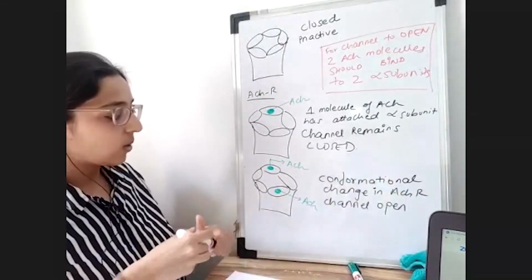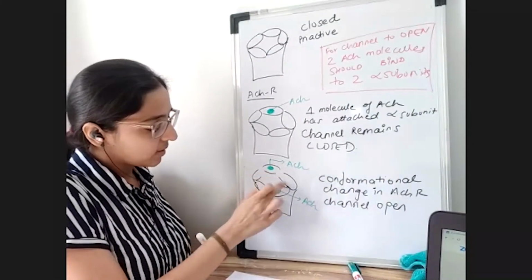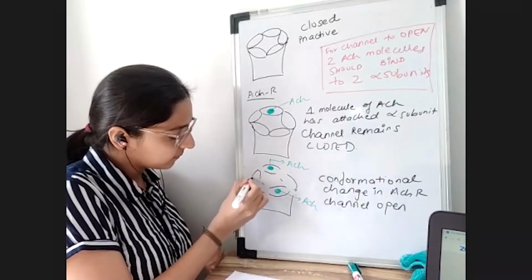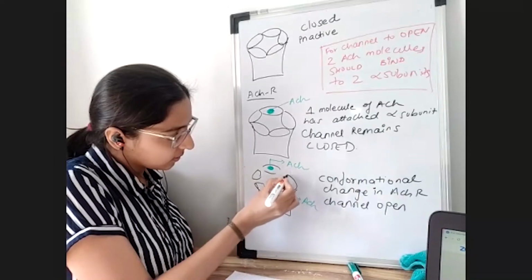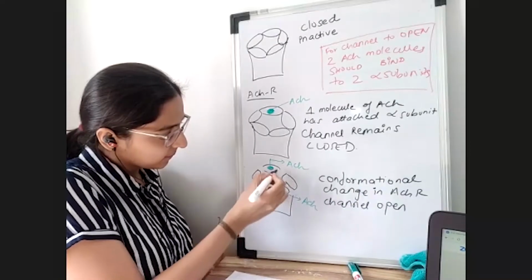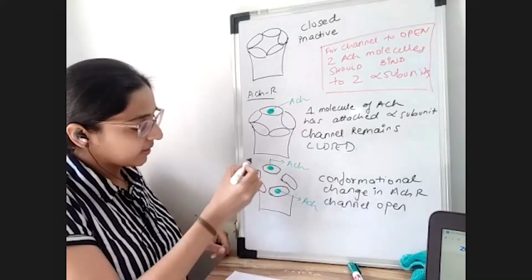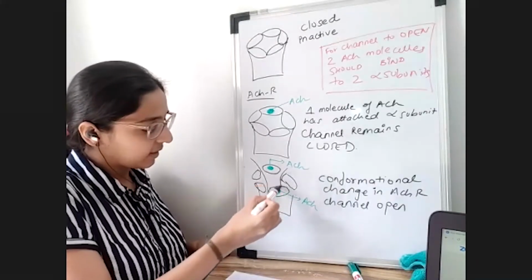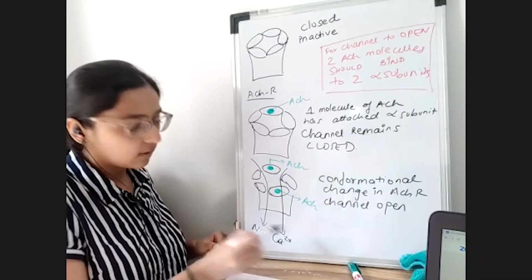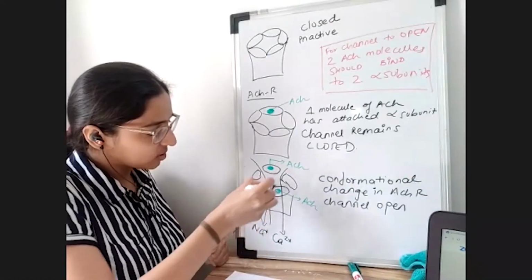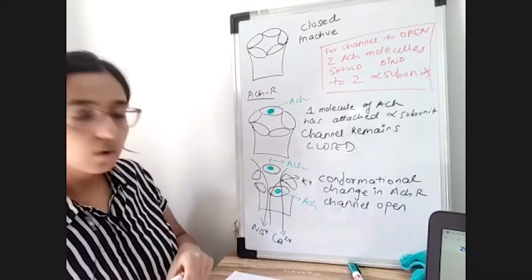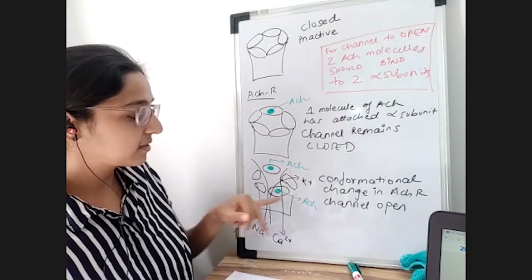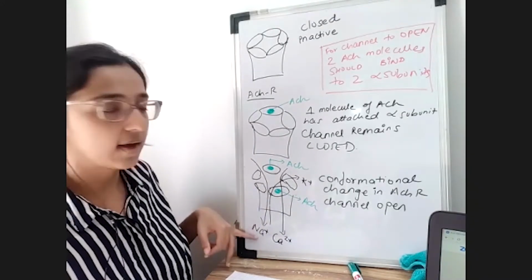So now what will happen? Let's show how the channel opens. The subunits start moving far away from each other. So the channel has opened. You can clearly see the channel has opened, and we can have the influx of sodium, the influx of calcium, and there will also occur efflux of potassium. So this is that point when 2 acetylcholine molecules come and attach to the receptor. That is the time the receptor will undergo conformational change, allowing the movement of ions across the channel.